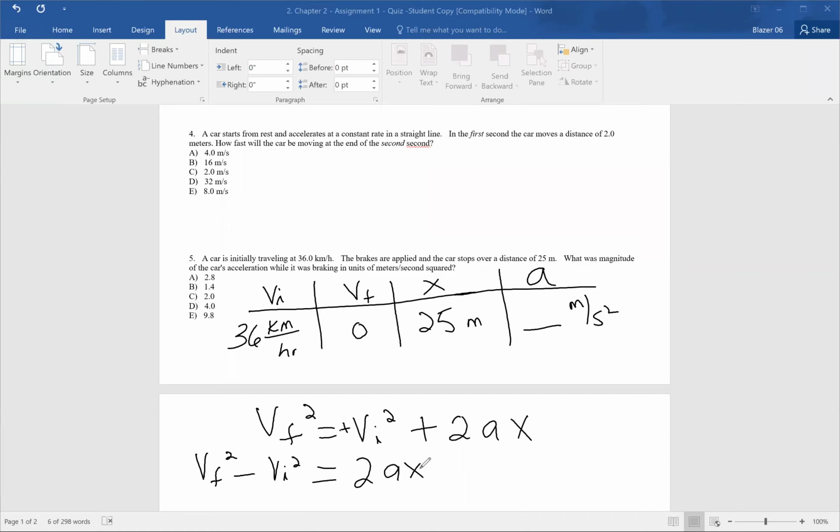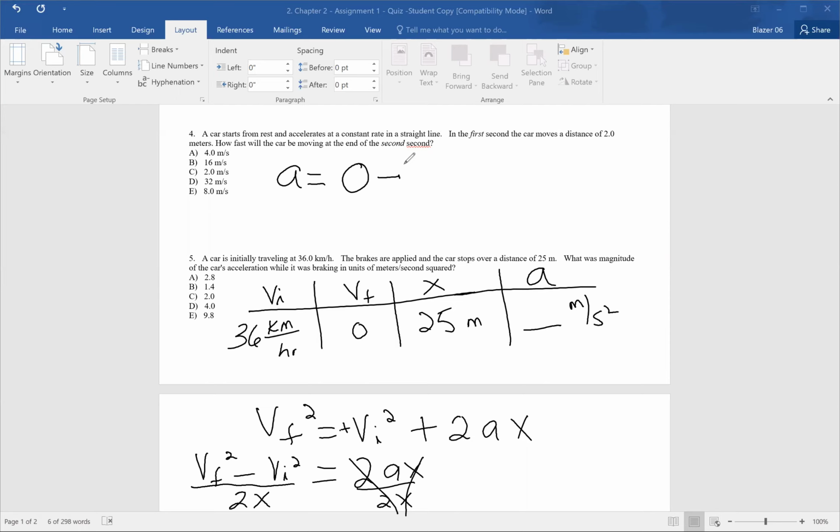Now again, to get the A by itself, I need to divide by the coefficients. In other words, the numbers that are being multiplied by A, I need to divide by those same numbers on the other side. So it's the same as dividing 2X on both sides. That cancels out, that cancels out. Now I can solve for A. I'm going to move up here so I can have more space. So A equals V final squared. V final is 0. So I have 0